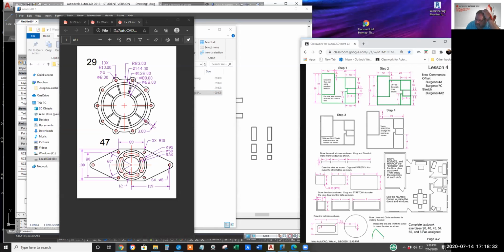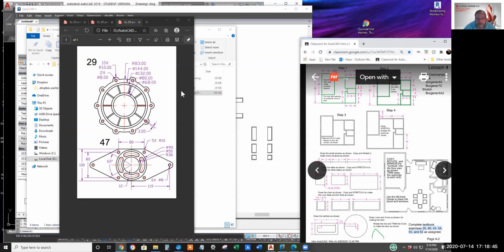I looked at 4-2 and none of them required the polar array process, so I went to these two options instead. No preference? 29. All right, 29 it is.